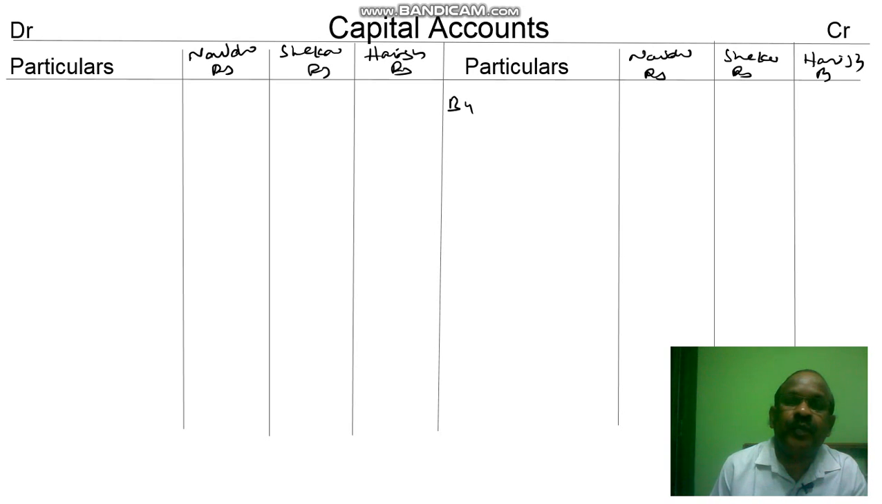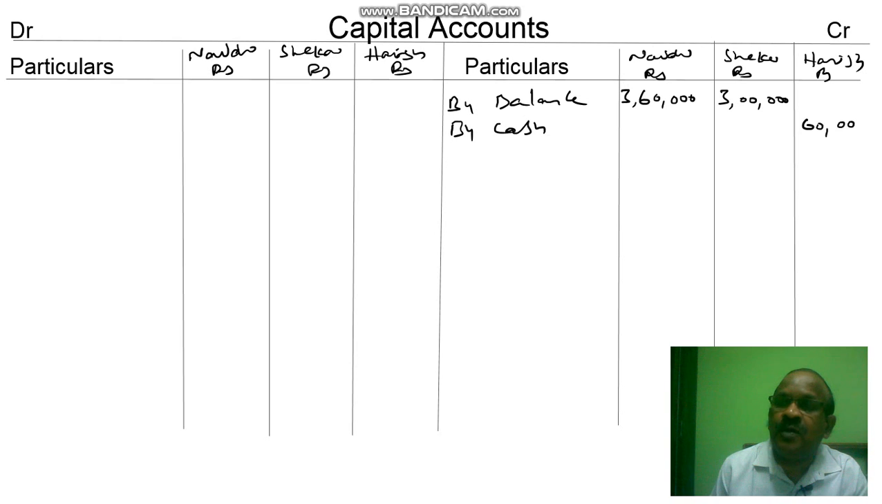Next, by balance. Here the balance is 3,60,000 of Naidu, 3 lakhs of Shekhar. Next is by cash. Here Harish comes into the organization with the amount of 60 lakhs. That's why it will be debited. Next, to the students, we are